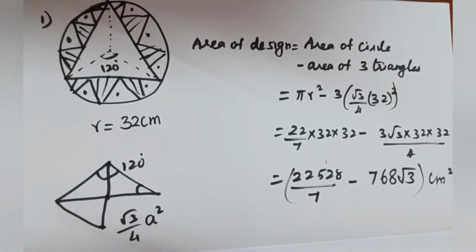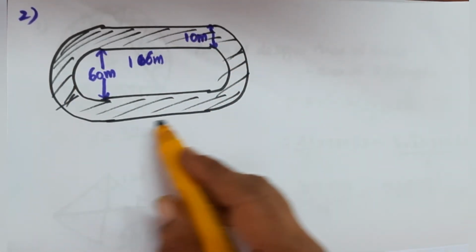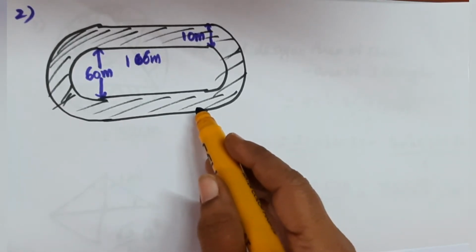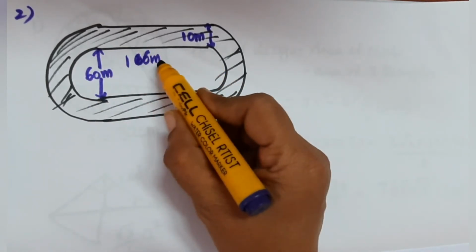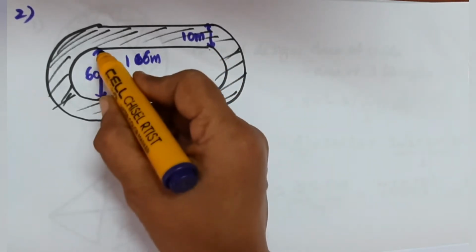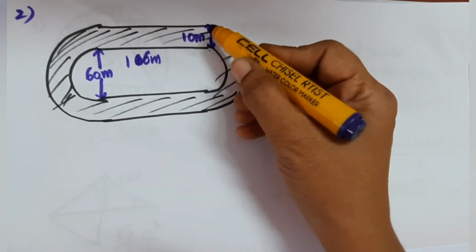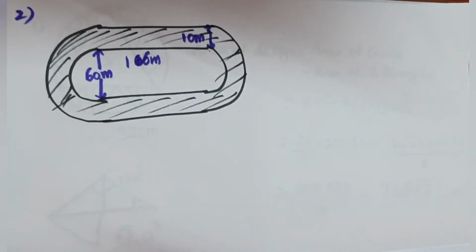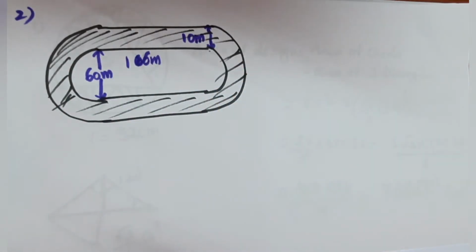Okay, let us see the next problem. In this question, we are going to find the area of this shaded region. It is nothing but the racing track over here. The information given in the question is the length of this inner length is 106 centimeters, that is, the length from here to here is 106. And the distance between the two tracks is equal to 60 meters. As well, the distance between the parallel lines is 10 meters. This is the information given in the question. Using that, we need to find the area of this track.